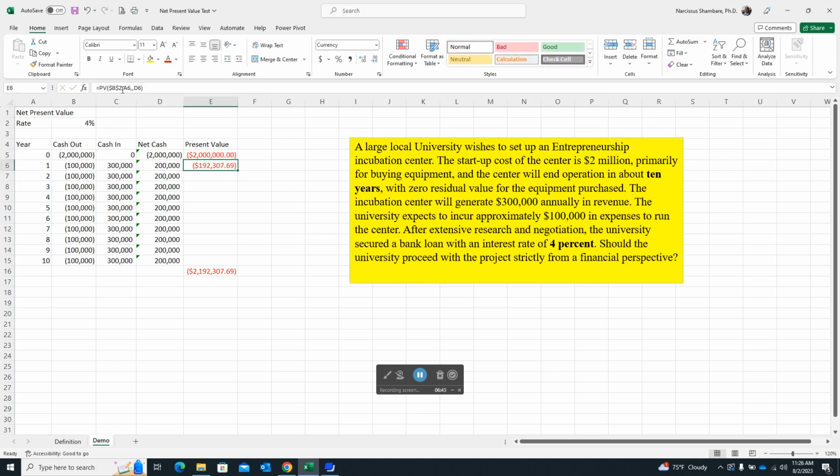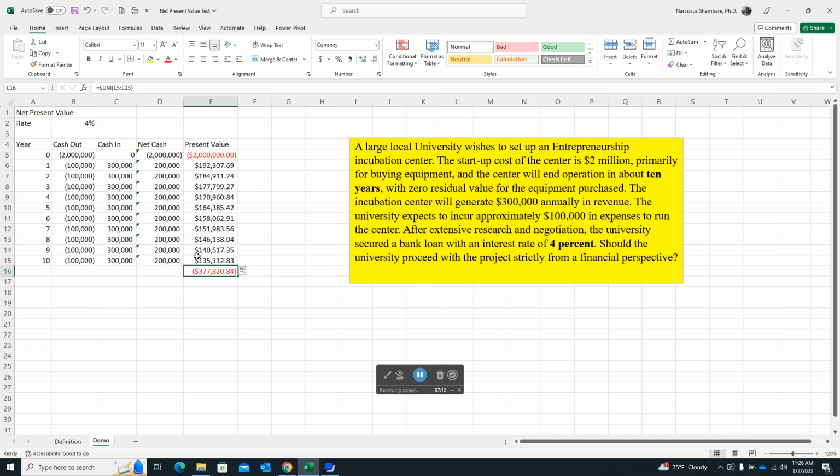And, okay, you can see here by default, Excel will give you a negative number, but we want it to give a positive number. So we put a minus. It's very important to always remember that. Then we can copy this downwards,